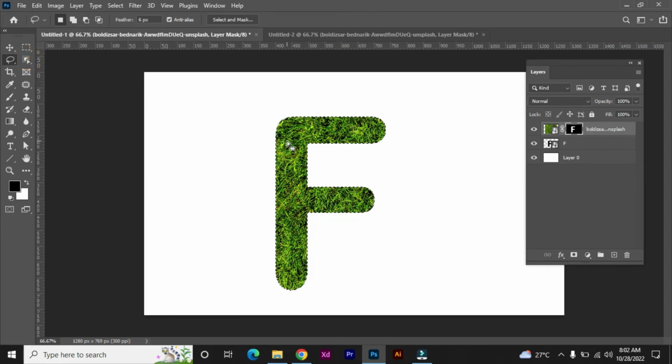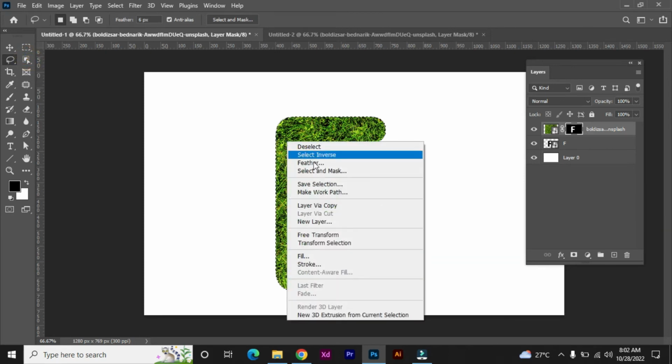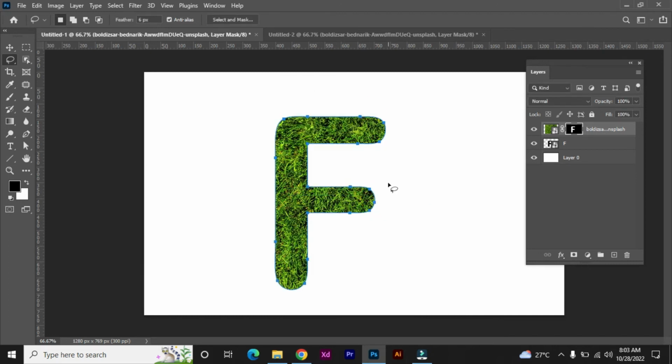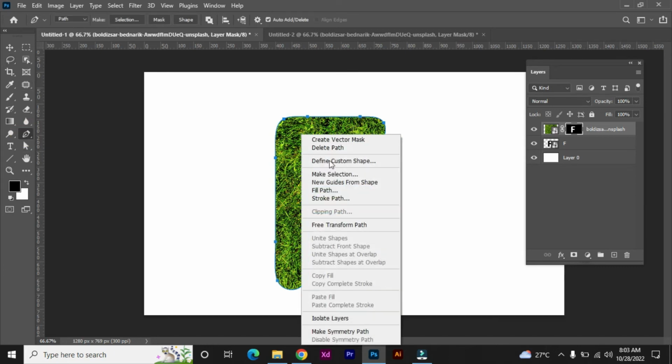Now just select the lasso tool and right click upon your letter and select Make Work Path. See, it's created. Now select Pen tool, right click upon your letter and select